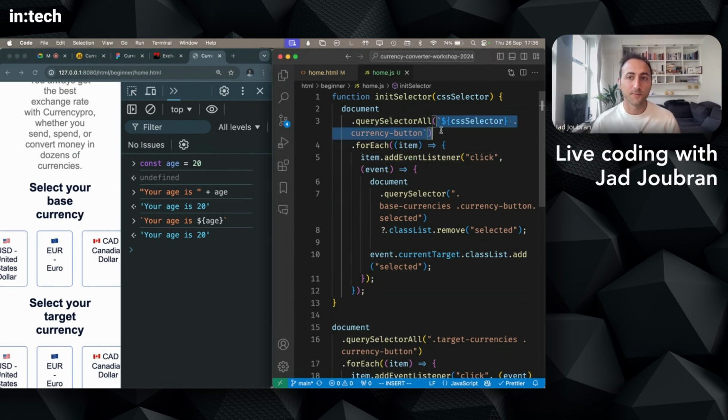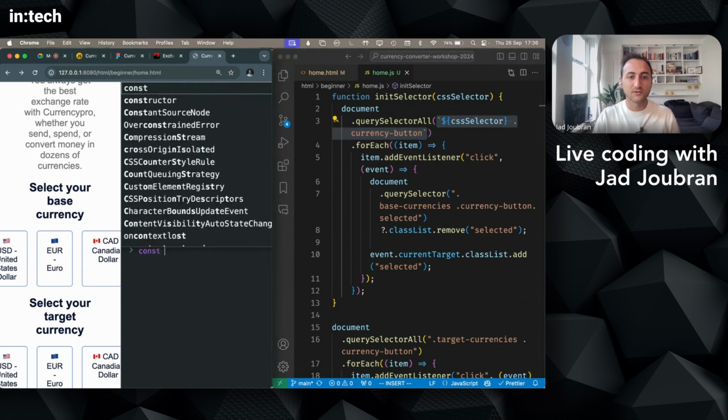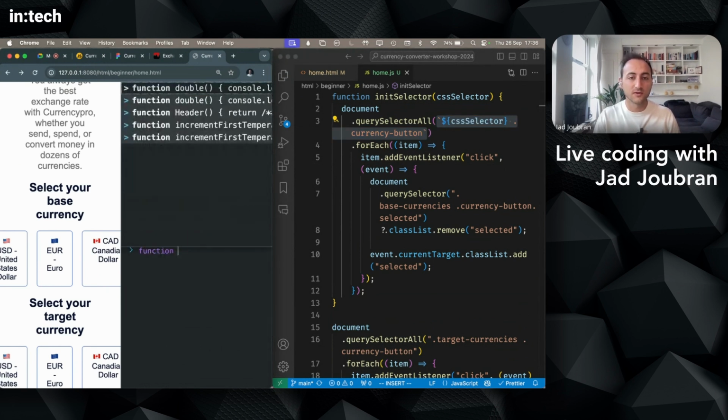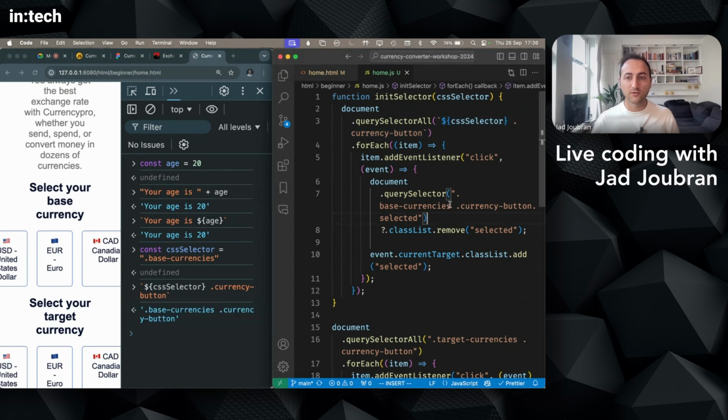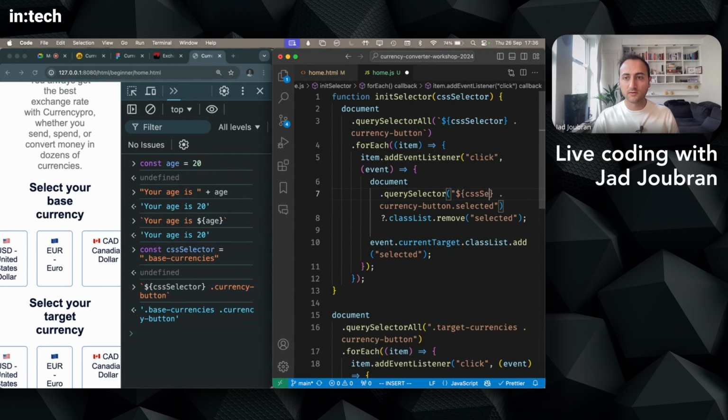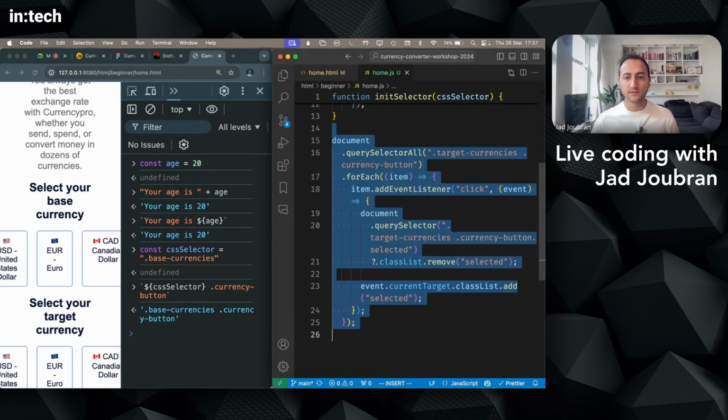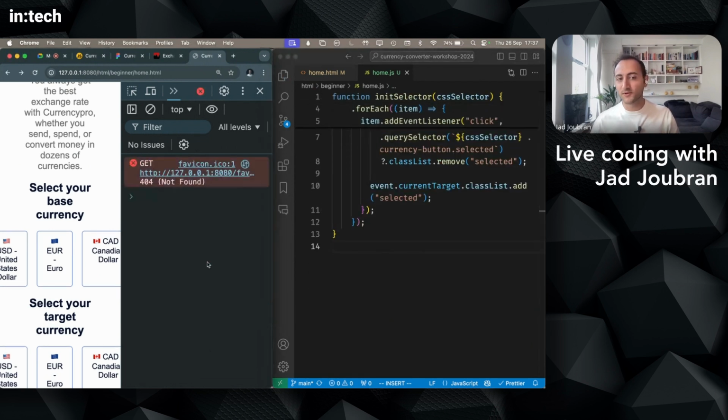And yeah, now I can say const cssSelector, or let's do a function. No, yeah, const cssSelector equals, let's say, base currencies. And now look, this is our selector. We interpolate the variable here, and we get this one. And we do it one more time over here: cssSelector, and we change it to a backtick. And yeah, that's pretty much it. We now have this function, so we can delete this. And if I reload the page,